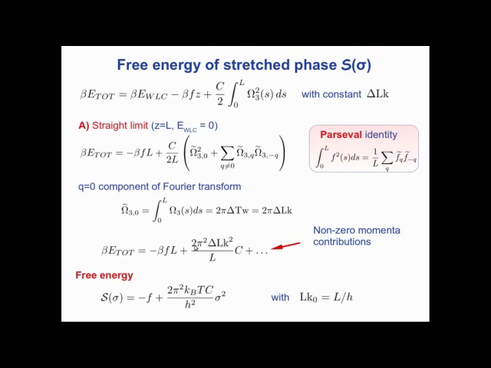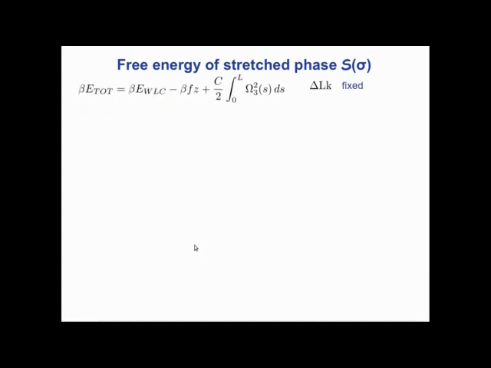Now we want to go, of course, to the next more interesting case. So we start from the same energy, but we are interested in a fluctuating molecule, right? It's not straight anymore, so the end distance z is a fluctuating variable now. It's not capital L anymore. But we are considering situations where the stretching is quite strong, and in this strong stretching,